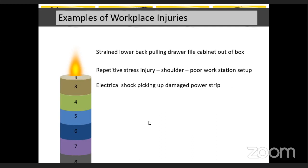Okay. We have an electrical shock from picking up damaged power strips. When a power cable that is damaged is picked up, it could cause electrical shock. Then we are